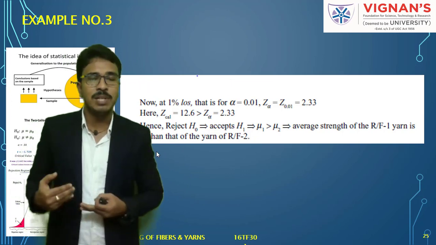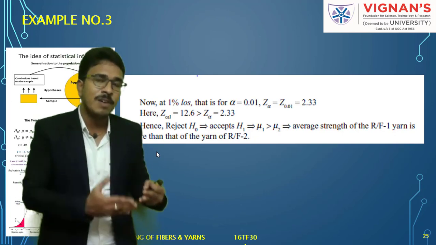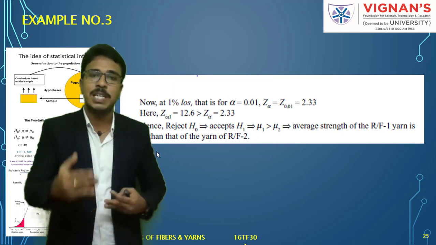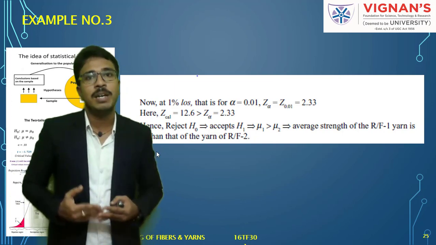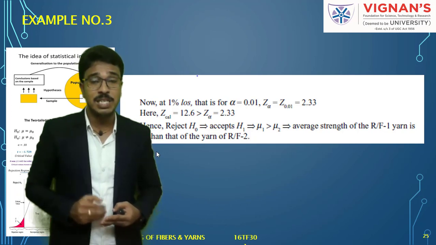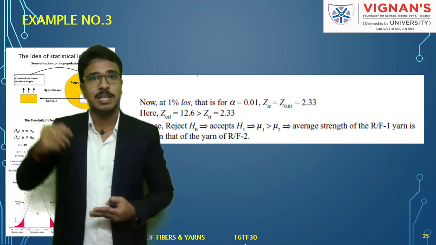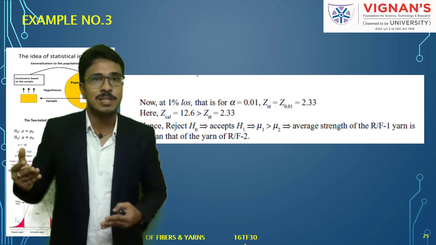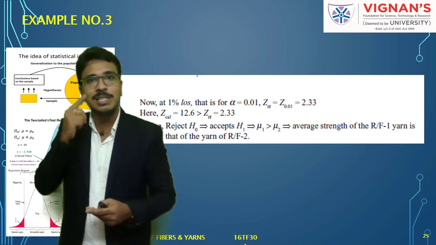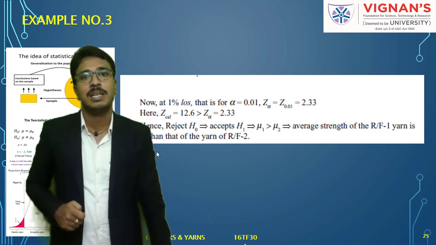And in order to have that, we need to know the alpha value, and since the alpha value is related to level of significance, if the level of significance is given in the problem, we have to use that. For example, in this problem, the level of significance given is 1%. That means, what is the confidence level? 99%. That means it is damn sure. So there is nowhere these results are wrong. So 99% level of confidence you are saying.